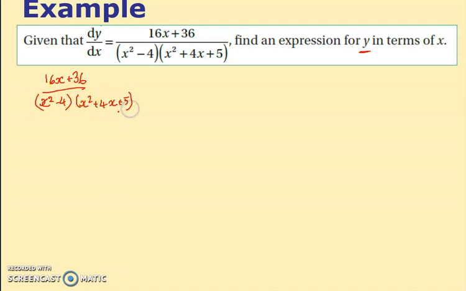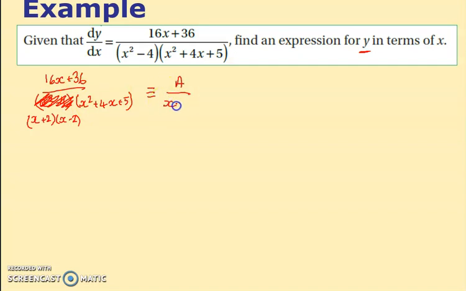This one can't be factorised, you see. That's why I think that's going to have to stay like this. But this can be factorised. This really is x plus 2, x minus 2. And bear that in mind, because if I get rid of that and now write that, this then becomes